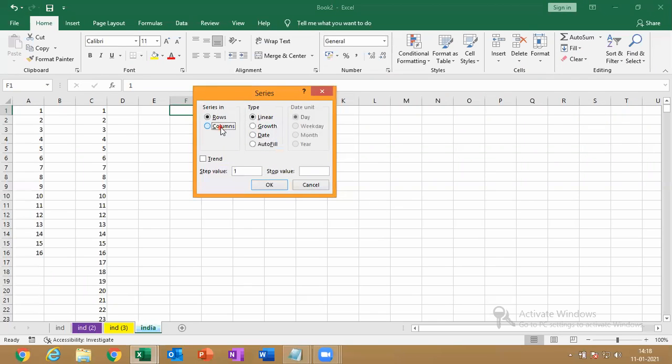I want it in the columns, growth. Growth is very easy. So step value is 2. 1 times 2 is 2, 2 twos are 4, 4 twos are 8, 8 twos are 16, like that. Step value doubles in growth. Stop value, I am giving 65.